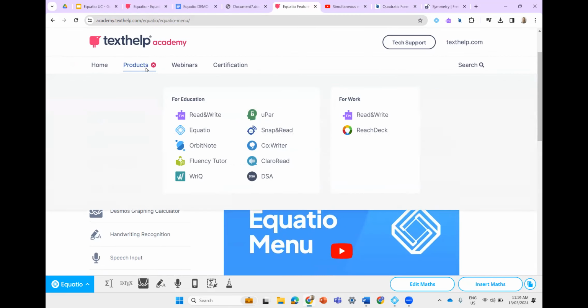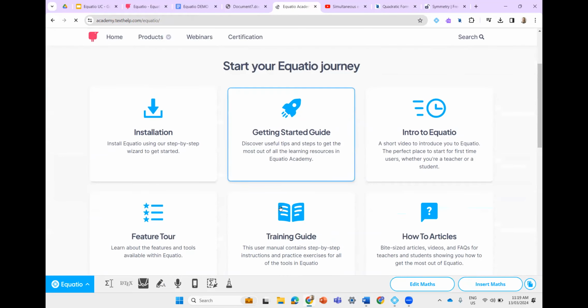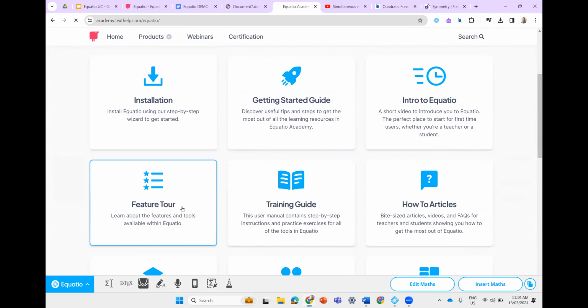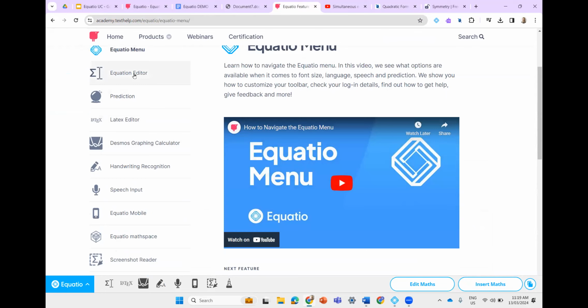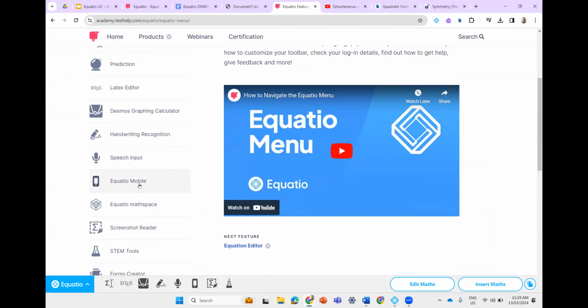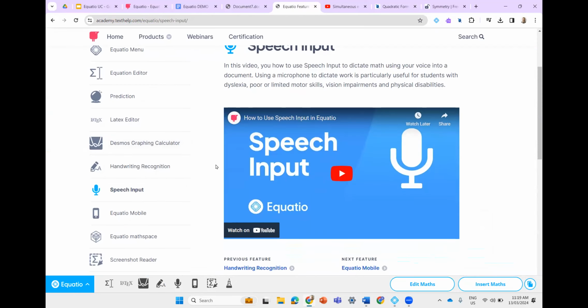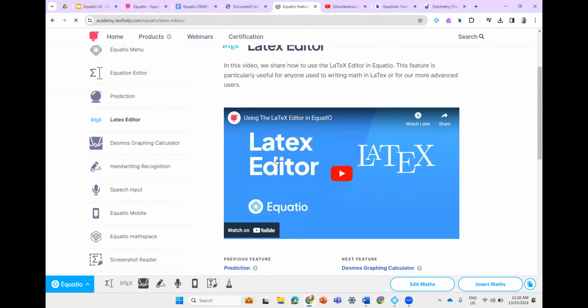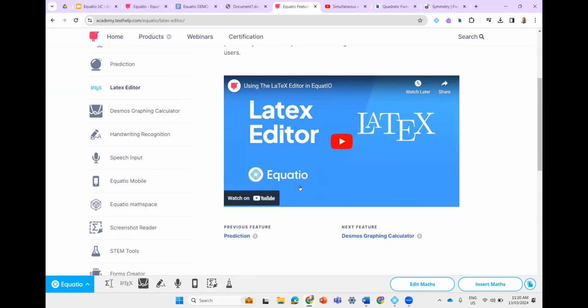Once you come in to here, simply select on Equatio, and then all I'm going into is this feature tool section here. This contains 2-minute videos that show you how each tool works. So if I wanted to see how I can use the speech input, if I want to understand the LaTeX editor, I can go in, and this is going to give me a short 2-minute video introducing how that tool